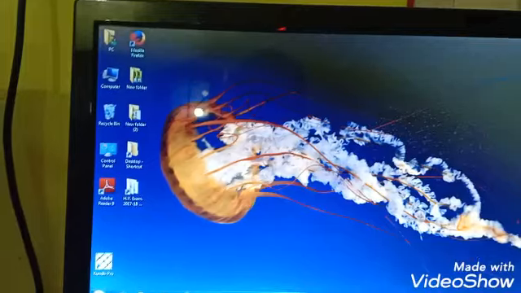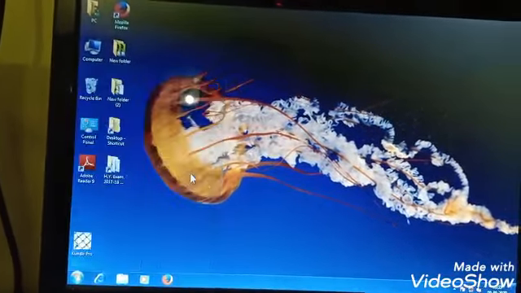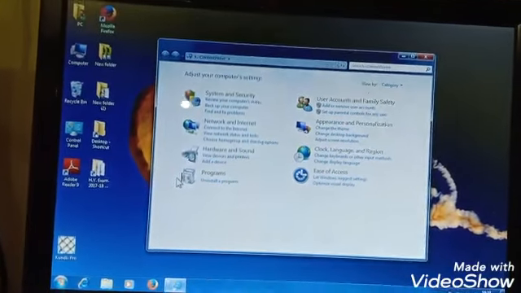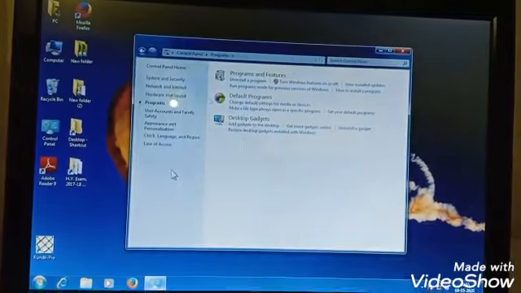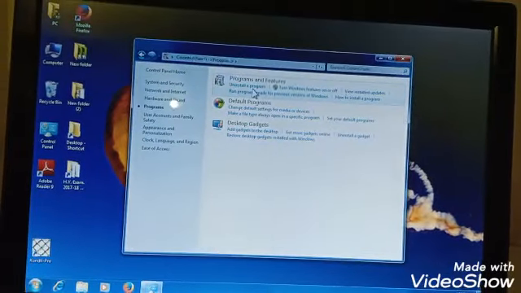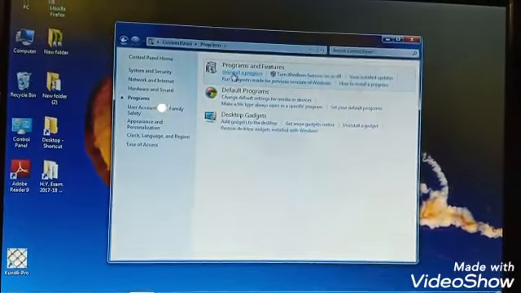First of all, you have to click on the start button, then control panel. After this, you have to click on programs, and in this you will click on uninstall a program.